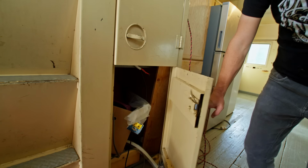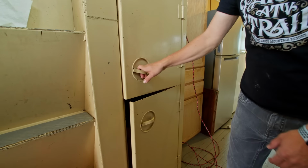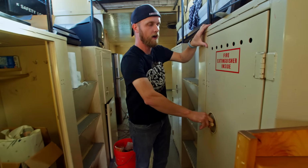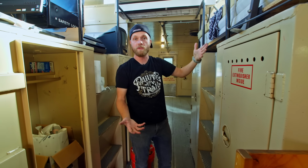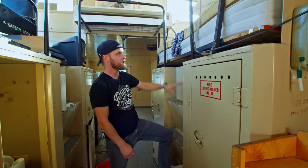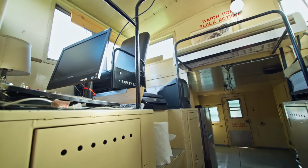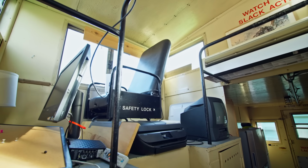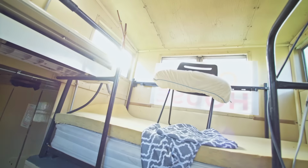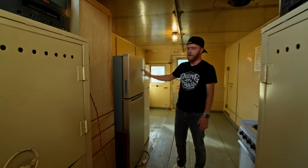You can open up any of these closets right here, these lockers, and you'll find just storage space inside. So that's one of the cool things on this one. The other thing that's cool on this one is the sleeping arrangement. Right here, if you climb up these built-in stairs, you have the beds up top here, and then you have a seat up here. So the person running the caboose can come up here and look out the window, and then they can sleep up here as well. Some more metal lockers,